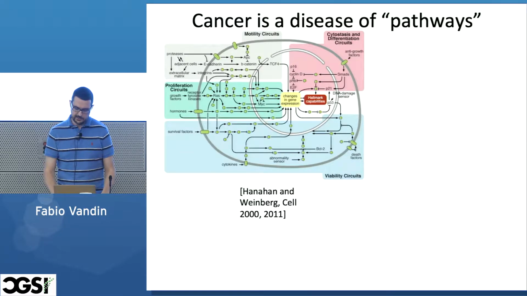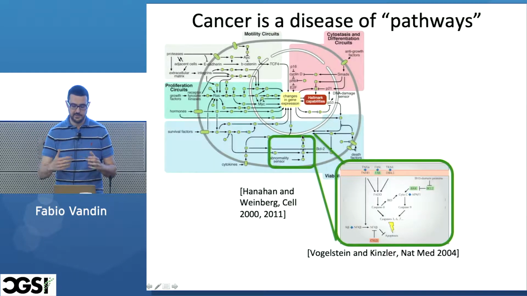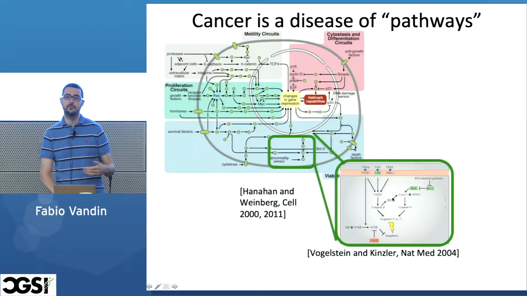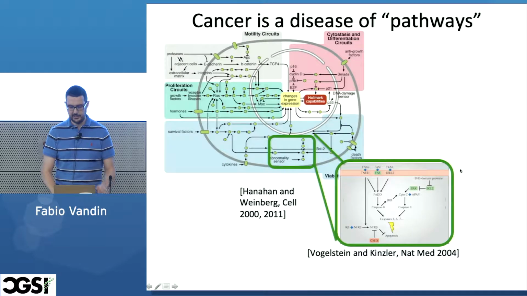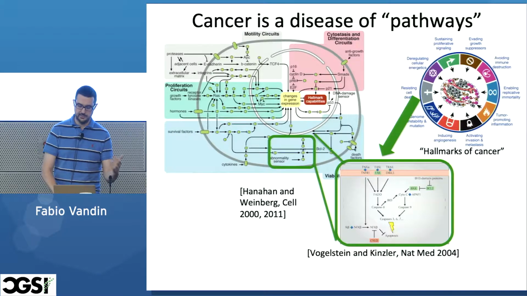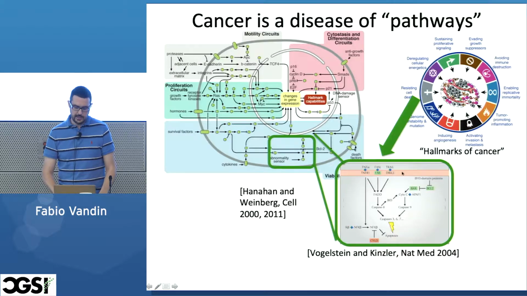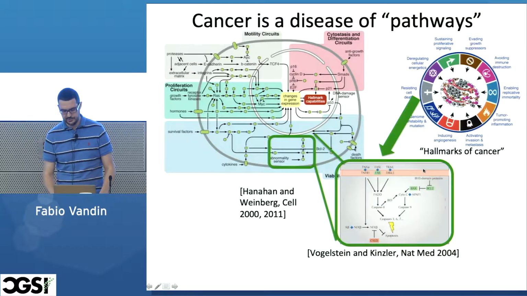And basically, by simplifying a lot, one can think that there are different mechanisms in this circuitry, different subnetworks in this circuitry, that need to be altered in order to develop cancer. And again, simplifying, one can think that there are different subnetworks corresponding to the different hallmarks of cancer that need to be acquired in order for cancer to develop. And the fact that now an entire network is associated with a given trait of cancer also explains